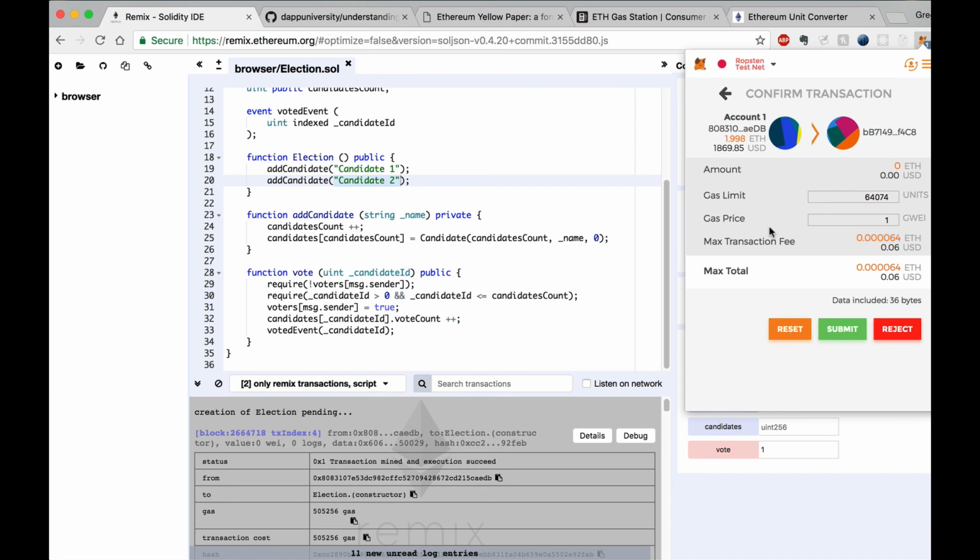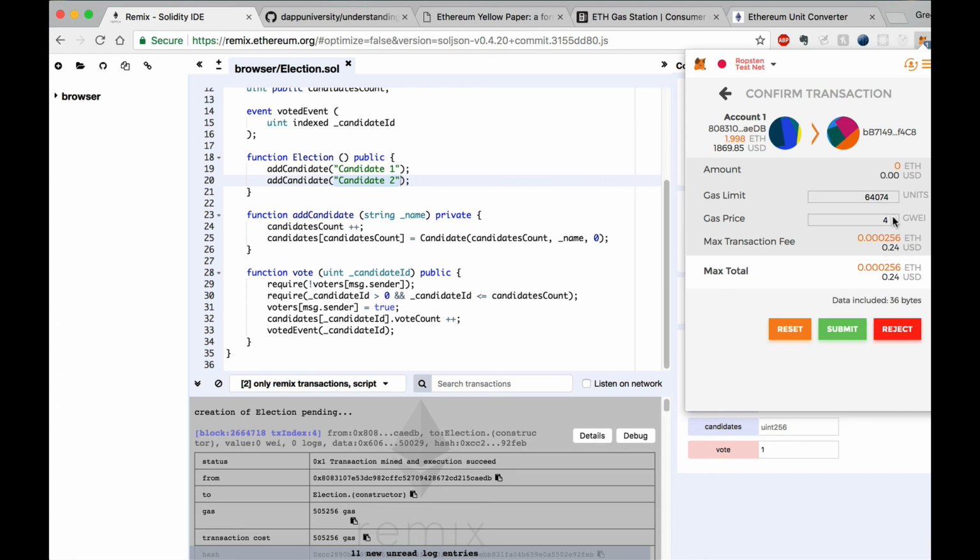Now, I will say this. Gas price is going to have a bearing on how fast your transaction is completed on the blockchain. And typically a higher gas price means that your transaction will be processed faster. And here's why. When the miners receive multiple transaction requests in the same block, the transactions can be sorted by the gas price. And this means that the higher gas price transactions are going to get mined first because it brings more money